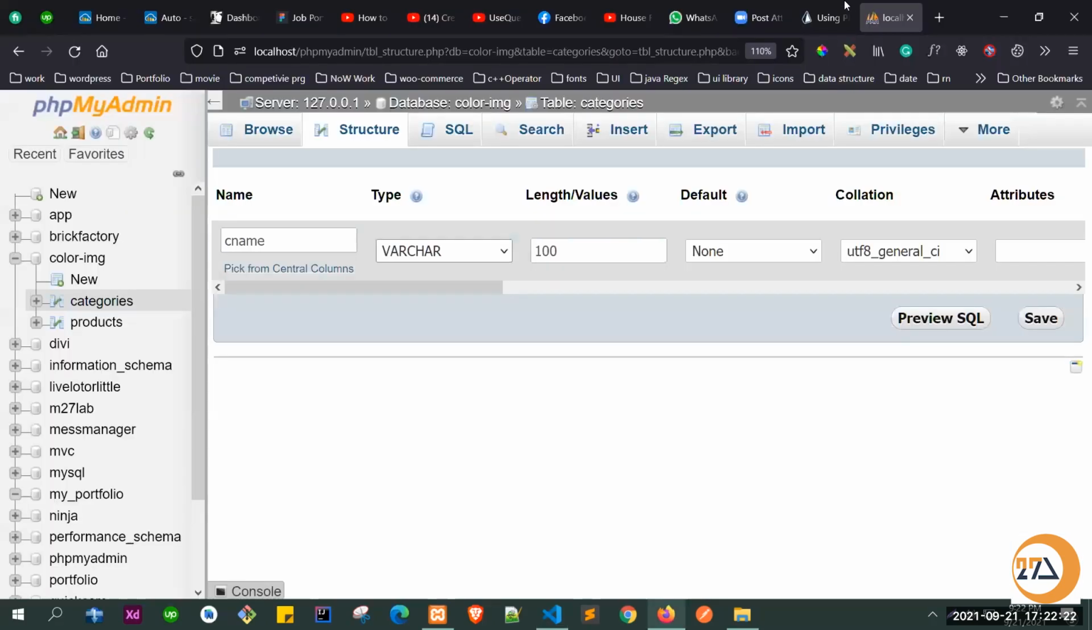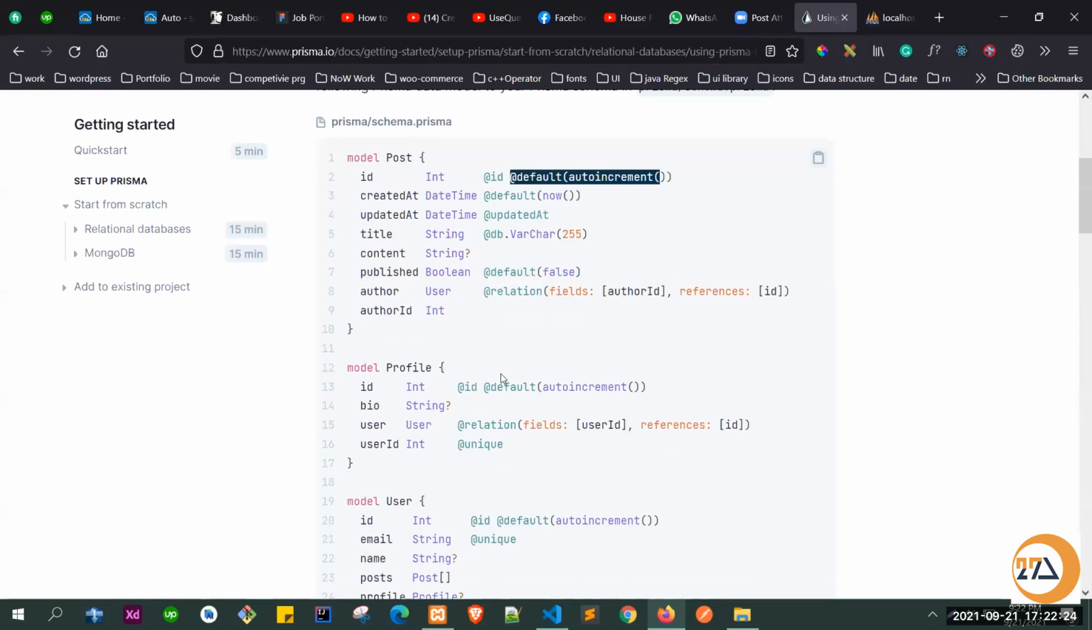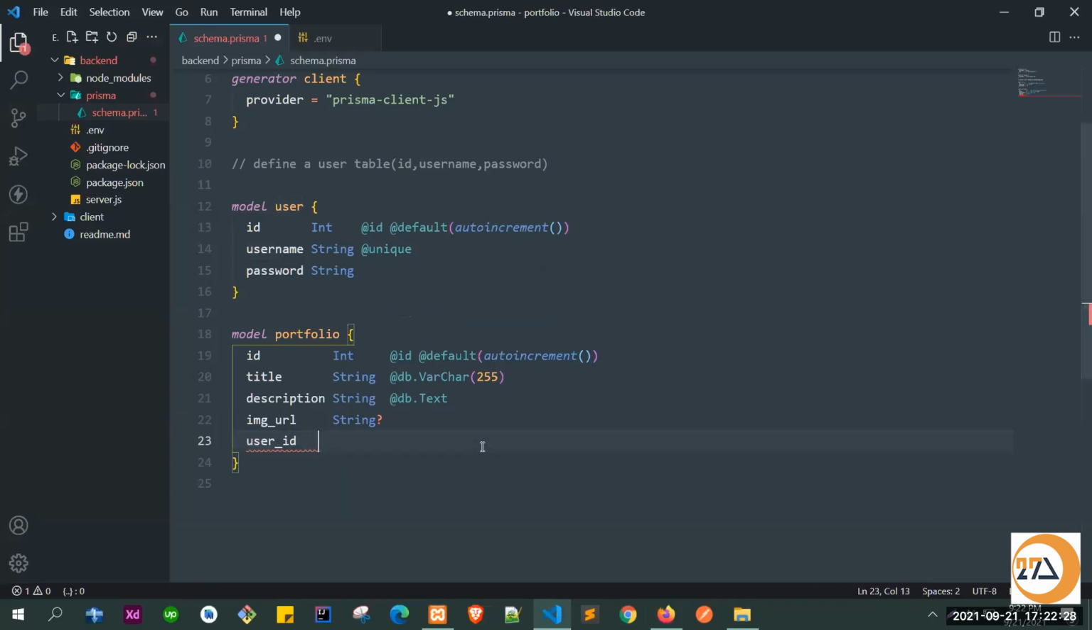Okay, let me just see in the documentation how they did it. So yeah, okay, sorry. The type of this user ID would be an integer, the type of this ID, because we are referring to this ID here, user as user ID. So that's why the type of this user ID would be integer. After that, we need to make this a foreign key. So for that we'll write